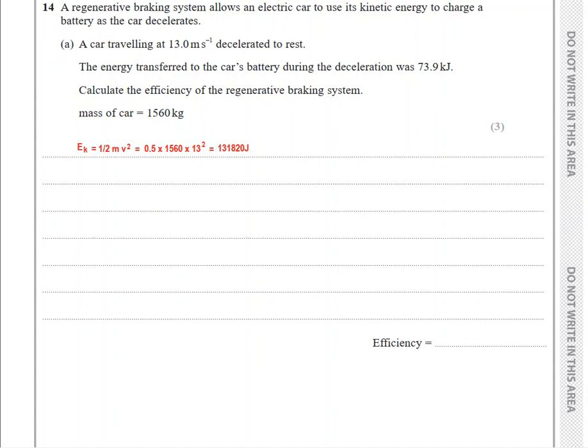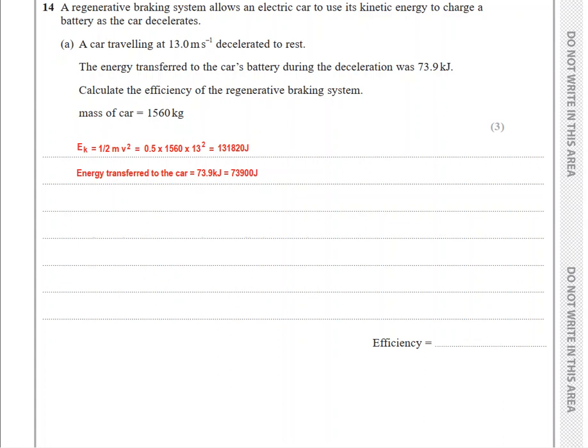So here I have the kinetic energy. So out of this amount of kinetic energy, only 73.9 kilojoule was transferred, and you convert this to joules, which is 73,900. So I have an available amount of energy of 131,820 joule, but out of this 131,820, 73,900 is transferred. So efficiency would be output by input, and generally it's fairly obvious to identify which one is